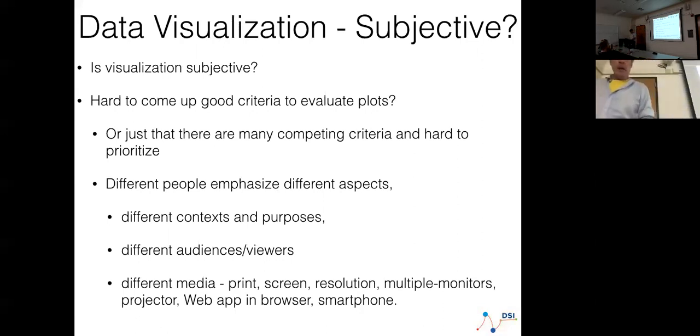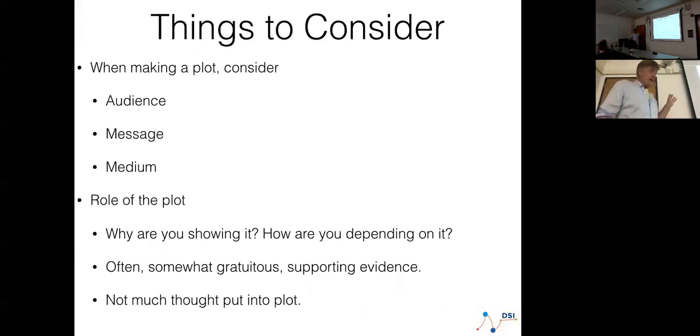Okay. So we've got this complexity. That is definitely a thing, so you need to think about these things. You can argue, and we can have wrestling matches or arm wrestles, about whether a plot's good or bad or worse. But we want to try to get some principles, or at least you've got to be able to justify it with some serious thought, as opposed to saying "because I think so." So you've got to figure out why you're showing the plot. We can talk about this if you want.